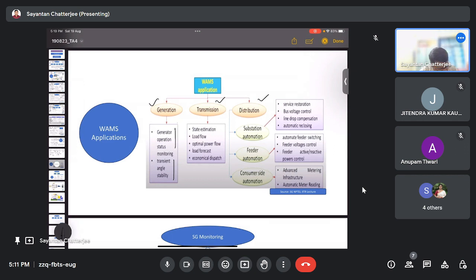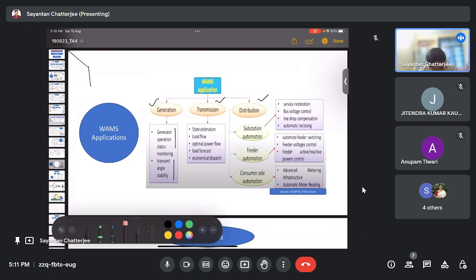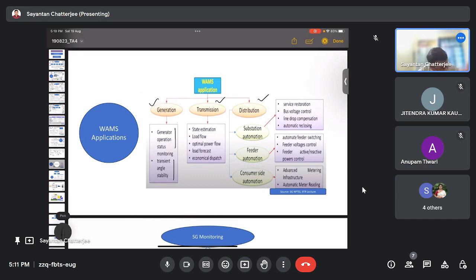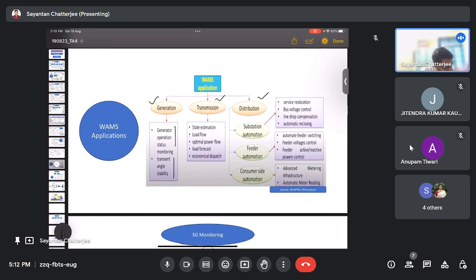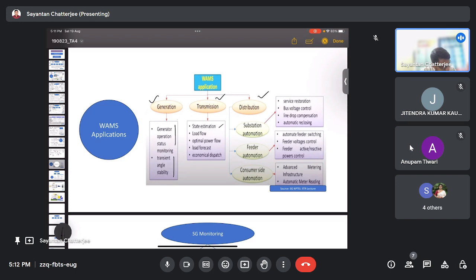Transient angle stability, because suppose the PMUs are giving us the data. Based on the PMU data, if the measurement values from the PMUs show changes in the angles, then on the basis of the angle measurements, we can justify whether there is a case for angle stability or generator operation status monitoring. Okay. So for the transmission part, we can perform the state estimation, load flow,